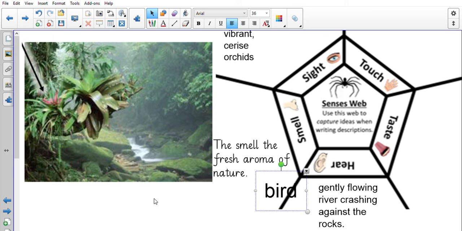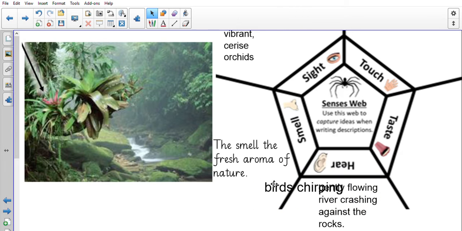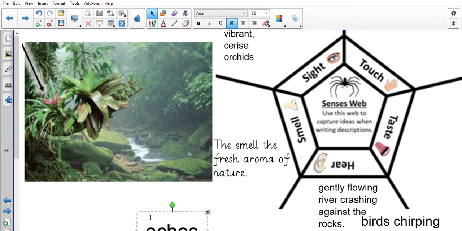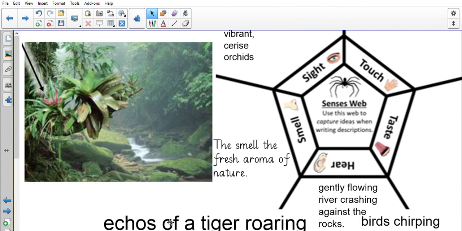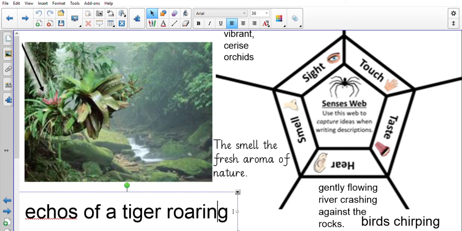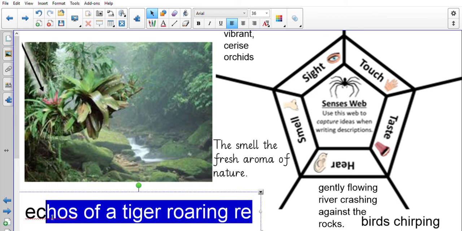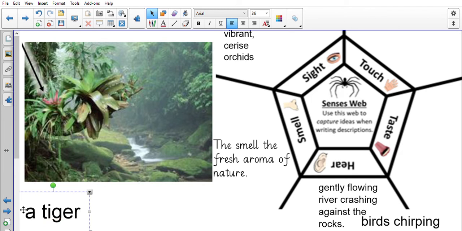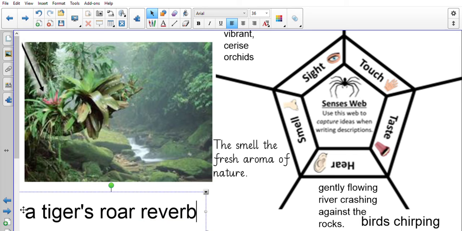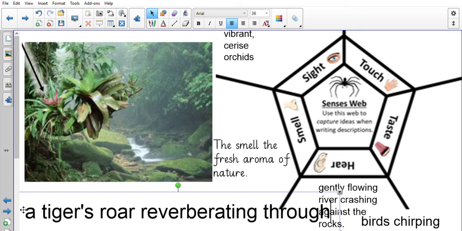So birds. You might hear birds chirping. You might hear echoes of, I don't know, what other animal could you have? You might hear echoes of a tiger roaring, reverberating through your ear. Actually, we'll change that because reverberating means the same as echo. So a tiger's roar reverberating through